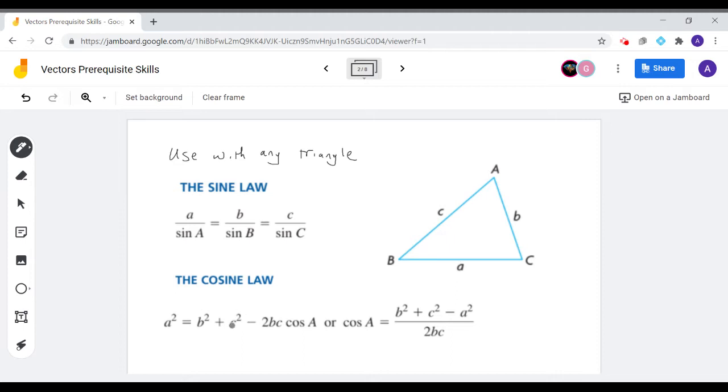For cosine law, I can use the cosine law if I don't know any of the angles in the triangle and I'm trying to find the angle. So that would be this second version here. I know all the side lengths, but no angle, or I know two side lengths and an enclosed angle. In this case, for this version of the cosine law, I'd have to know angle A and side lengths b and c, and I could use it to solve for side length